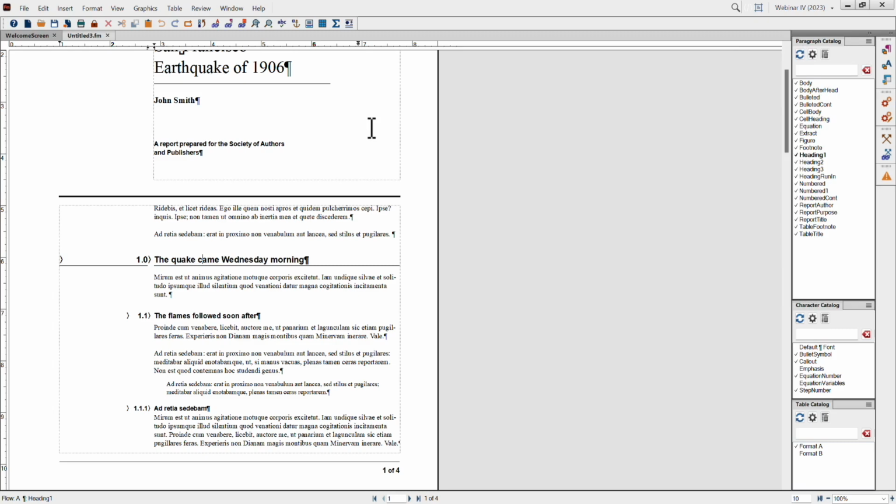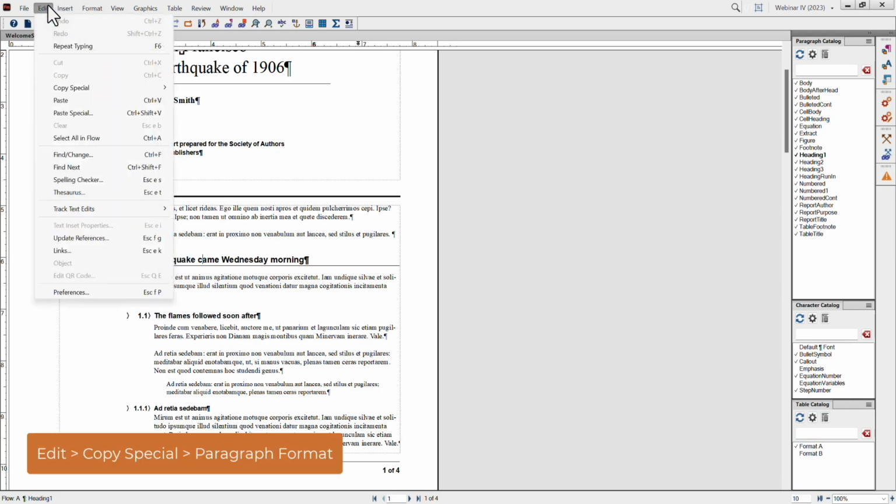So you could import all these paragraph styles from one file to another if you wanted to get these definitions in your document, or you could recreate them from scratch. But one other feature that not everyone knows about is that you can copy and paste styles. You can do this with both paragraph styles as well as character styles. So if I wanted this definition for this heading, which is a heading 1 in my document, I could go